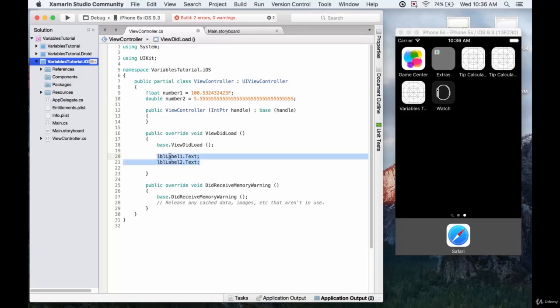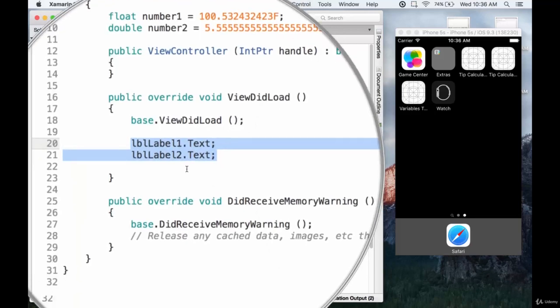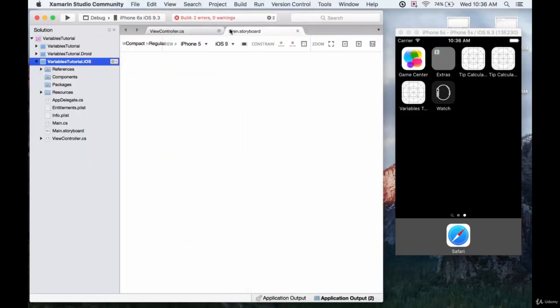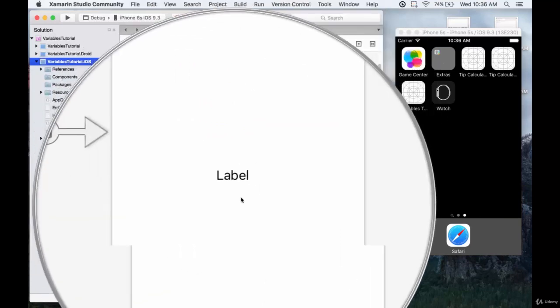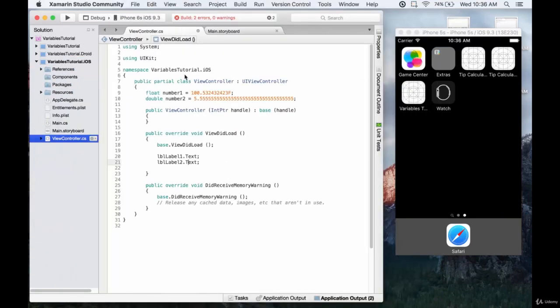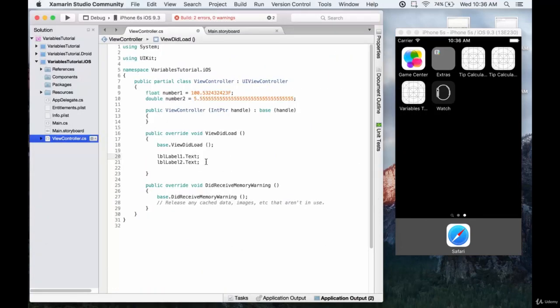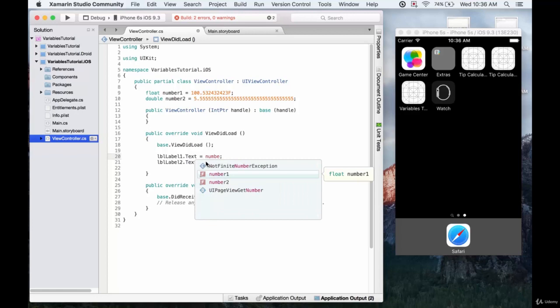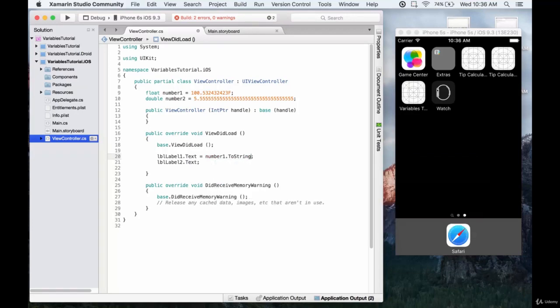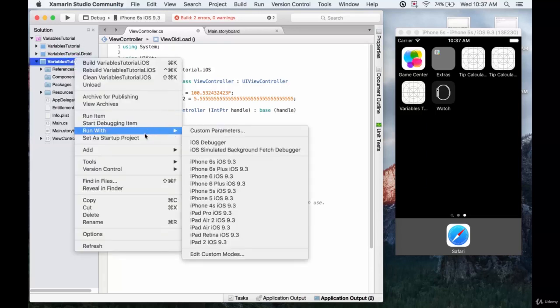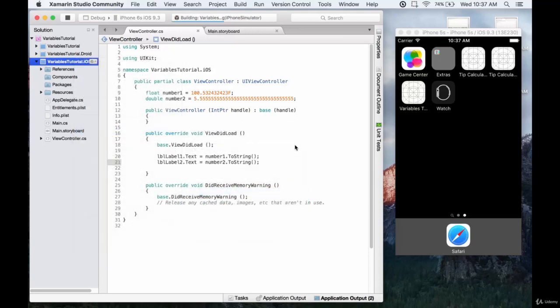So notice down here, a little different from the previous 2 videos, we have a couple of labels this time. All I've done is I've gone to the main storyboard and added another label below the first one, because I want to print out these 2 numbers, one on top of the other, just to prove a point. This is going to be number 1, and again we're going to have to convert it to a string, and we'll do the same with number 2, to string, and we'll just have them printed out. So let's go ahead and run this with the iPhone 5S,